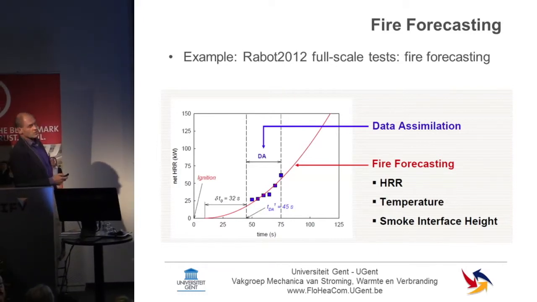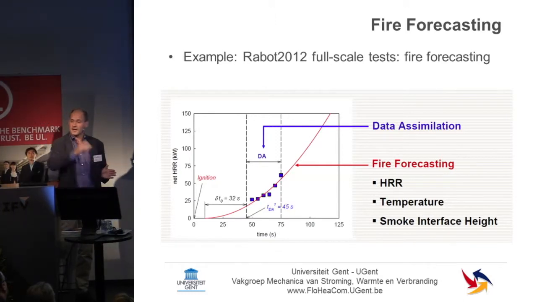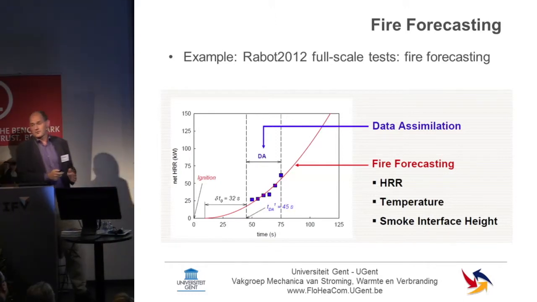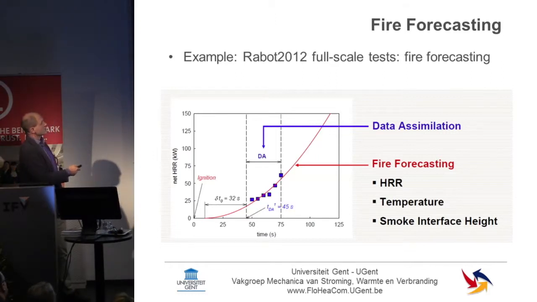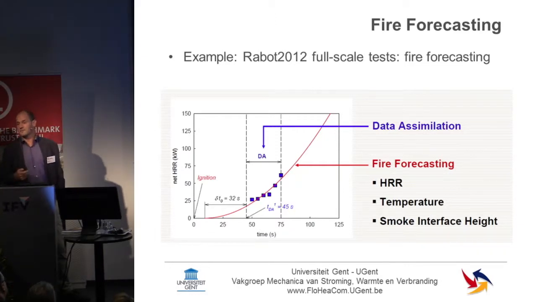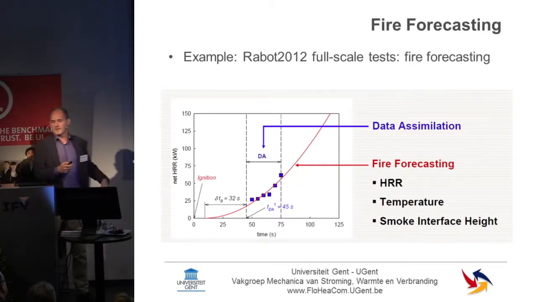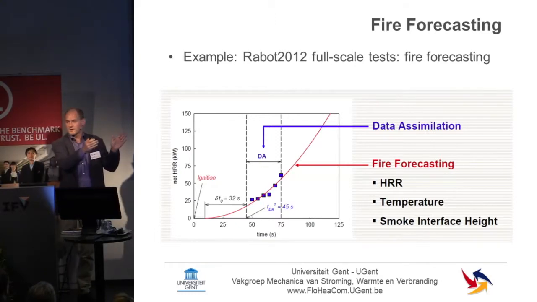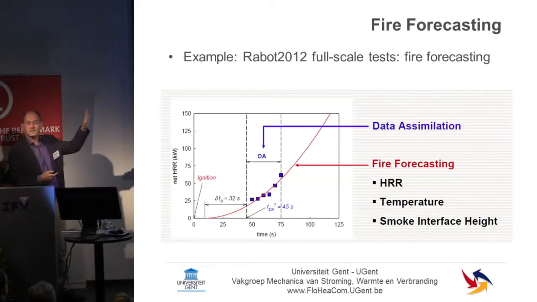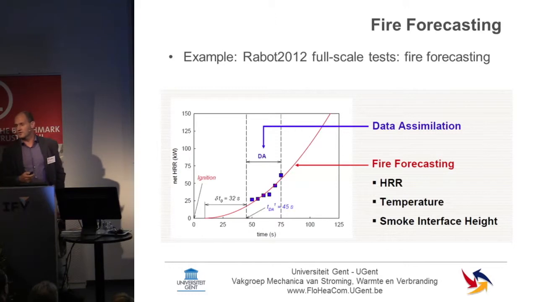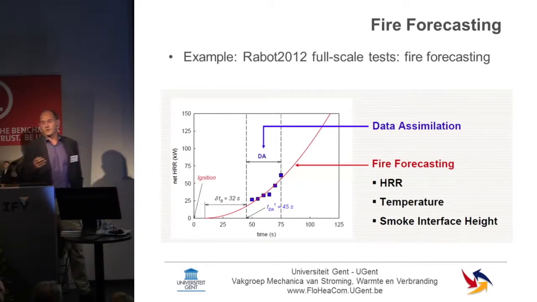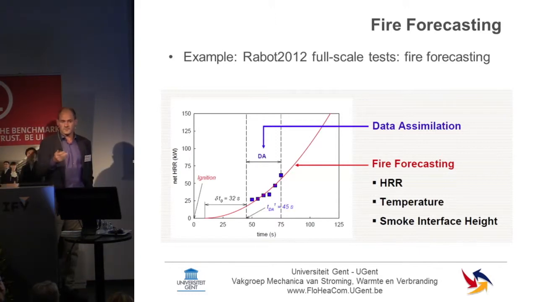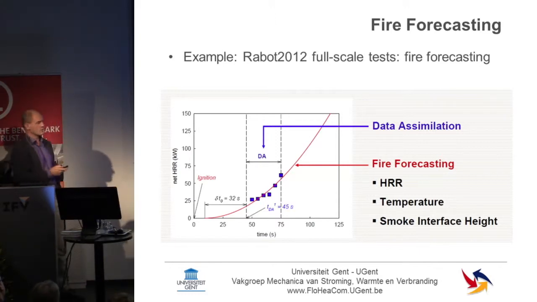So what we did here is for 25 seconds, we watched the fire. From there on, we made a forecast. And of course, you can say, OK, I'm going to stop watching the fire. And then you just sort of see a parabolic increase here. But nobody is telling you not to watch the fire. So the longer you watch the fire, the bigger the window will get. And this led to this rather simple configuration, but we've been able to establish forecast times of 2 minutes.